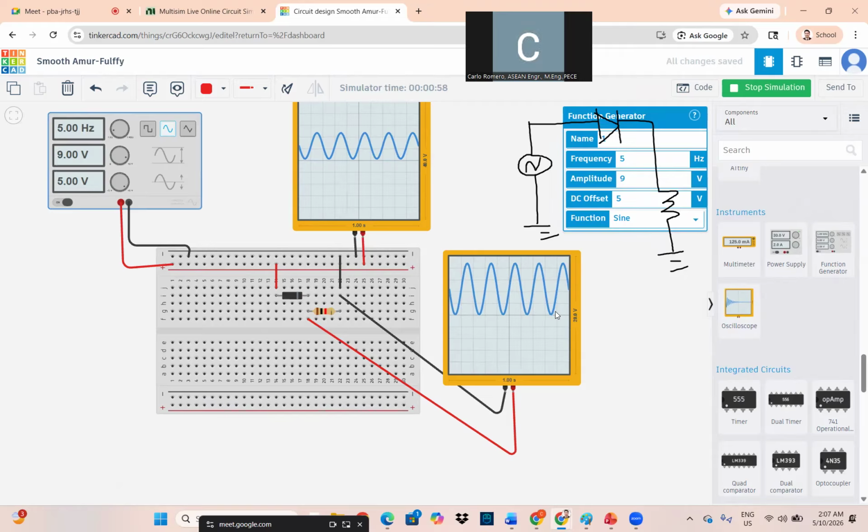Then the output is, but let's say we use this one. This is 2.5 or 3 volts. Okay, 3 volts for example.